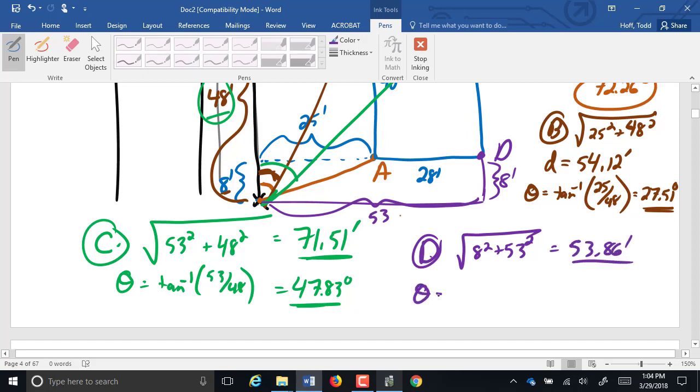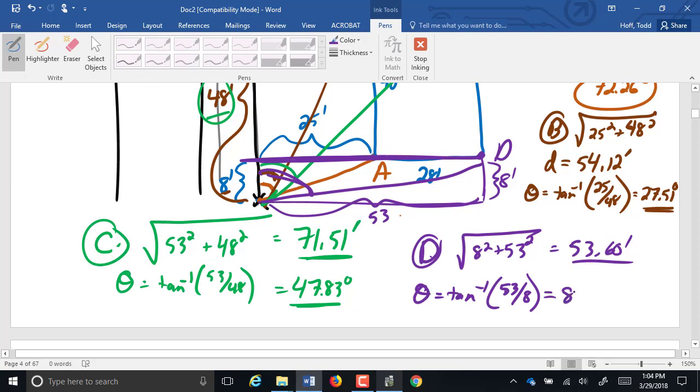The angle is the inverse tangent of. Now remember, the angle is right here. So the opposite side is really this up here, which is 53 over 8, which is going to give us 81.41 degrees. Very good. So you can actually use the theodolite to find the corners of your building and get them exact,